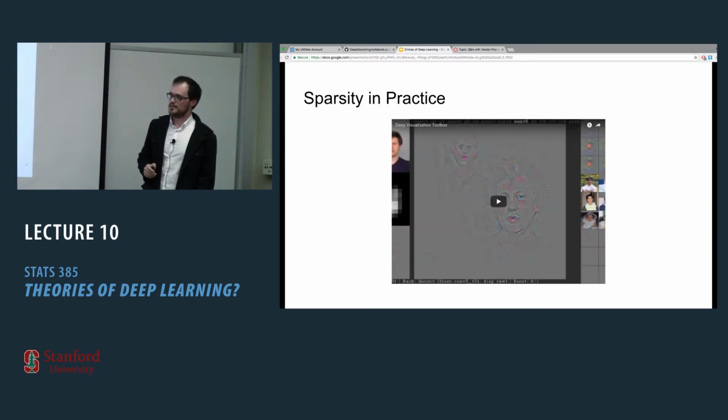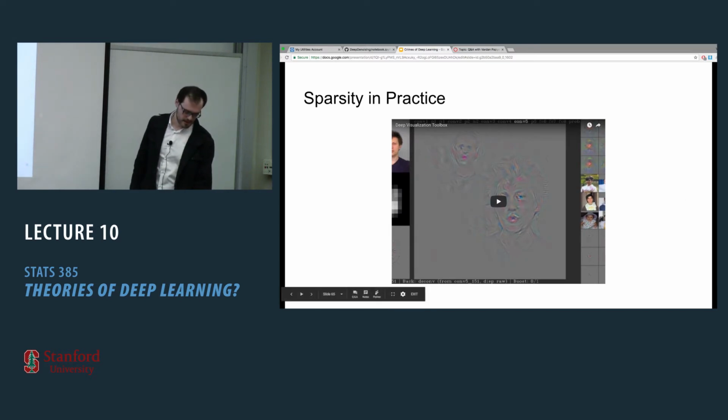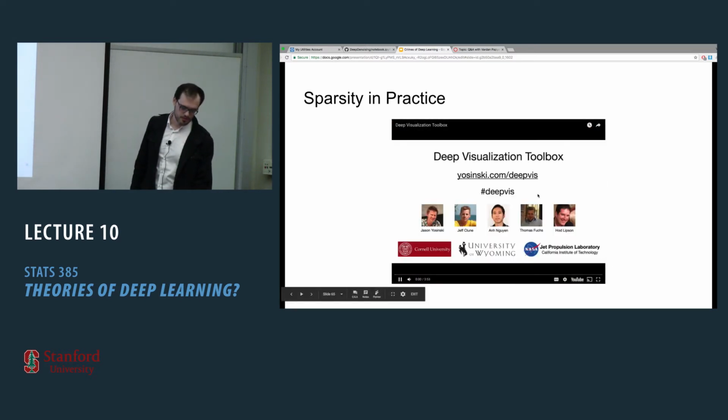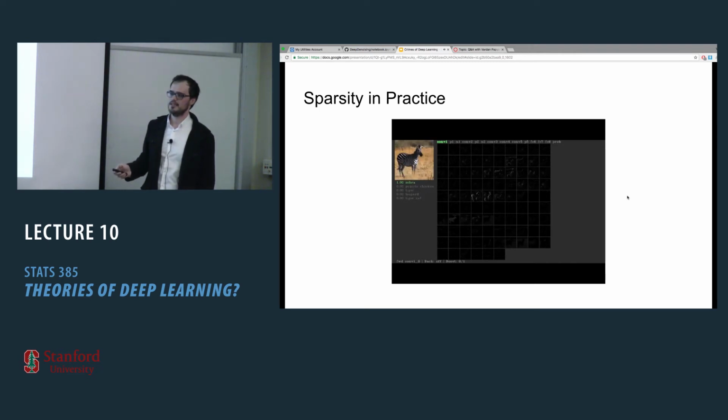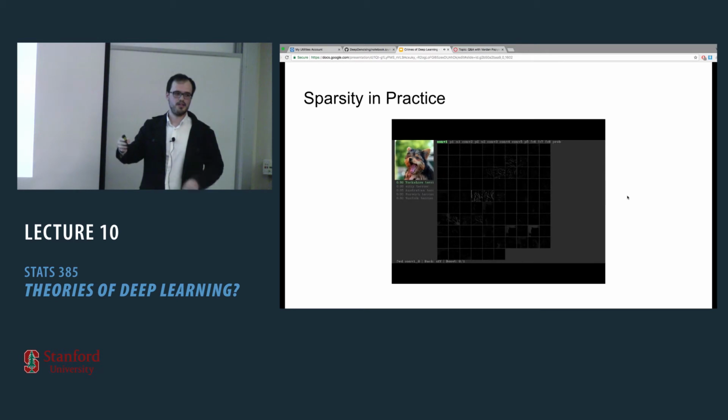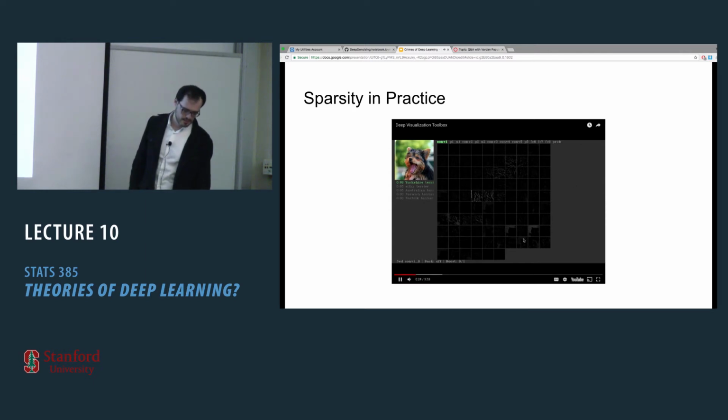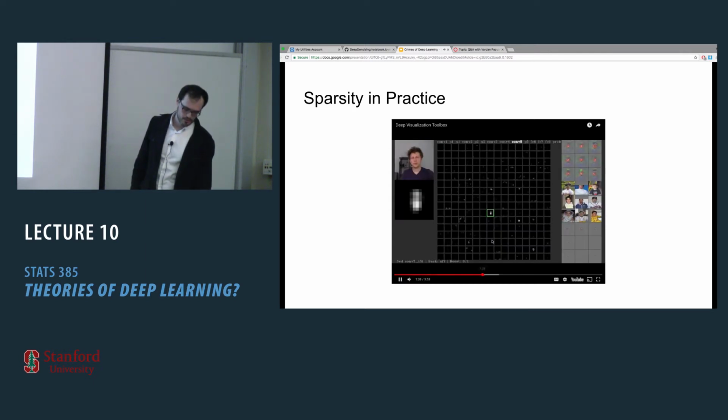Here's another piece of evidence. In this case, what you can see is a person who basically visualized a network. And what you're seeing here is what I call gamma 1. If you concatenate all of these things into one big three-dimensional volume, you obtain gamma 1. And you need to squint in order to see anything white. Everything is basically black because it's zeros, because it's sparse. Now, if this is the first layer, if you go deeper, you can see, again, look how sparse. It's beautiful.